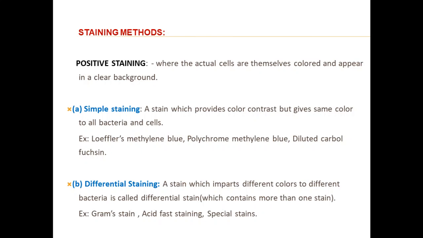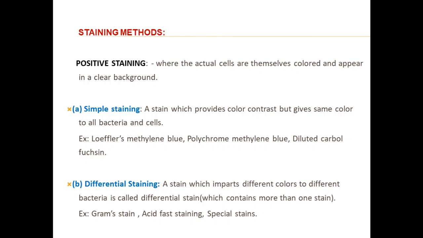So when we talk about the various categories of positive staining, we have simple staining. Simple staining uses only a single dye to stain the organism, and mainly it is used for observing the morphology of the organism. Morphology is the size, the shape and the arrangement of the organism. A single dye is used, so that is why it is called simple staining. Here we can see that methylene blue, diluted carbol fuchsin, any form of dye can be generally